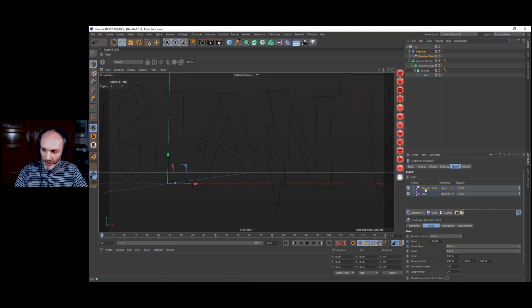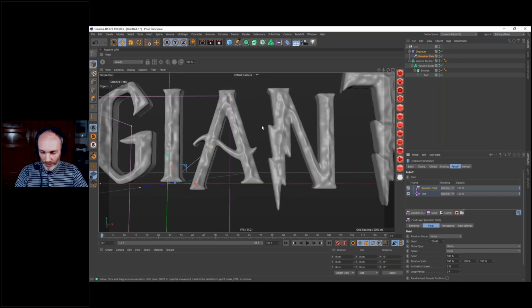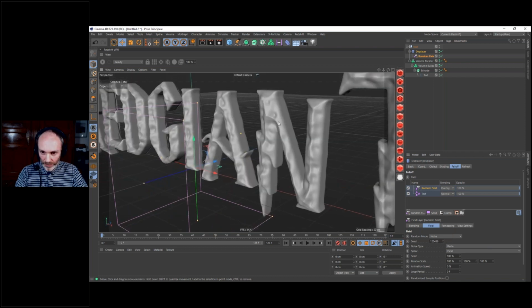If you're going to add a fractal noise, which is the random field, it's going to add texture to everything. So here, why doesn't it work? Because we're on max settings. So the black and white part of the noise is going to overwhelm the text part. So we need to use here on our random field the overlay, multiply or subtract mode. So let's go with the overlay, and we can see right off the bat it works pretty well.